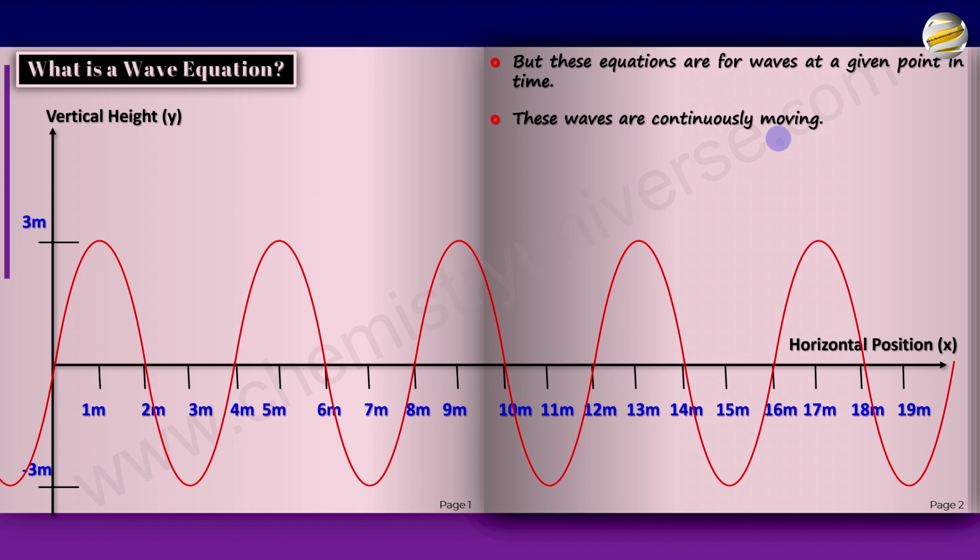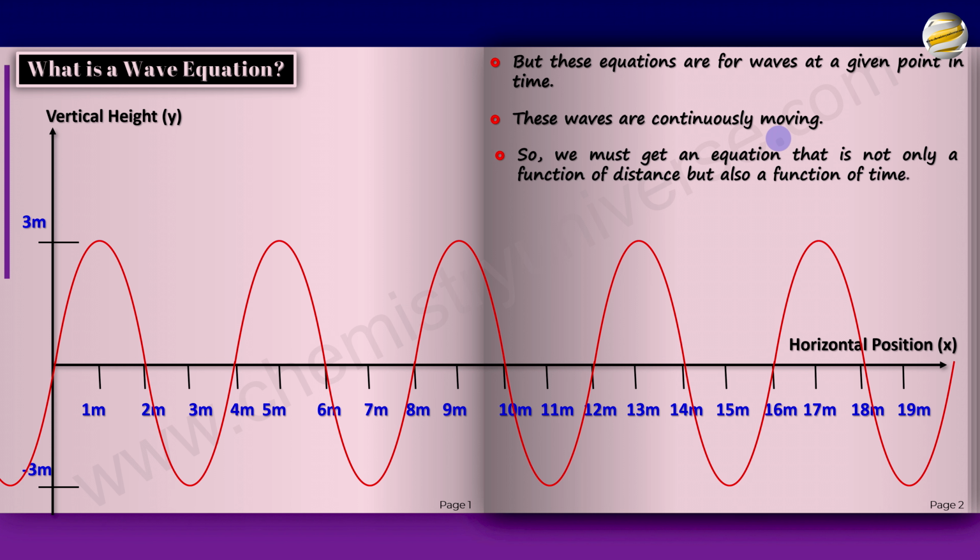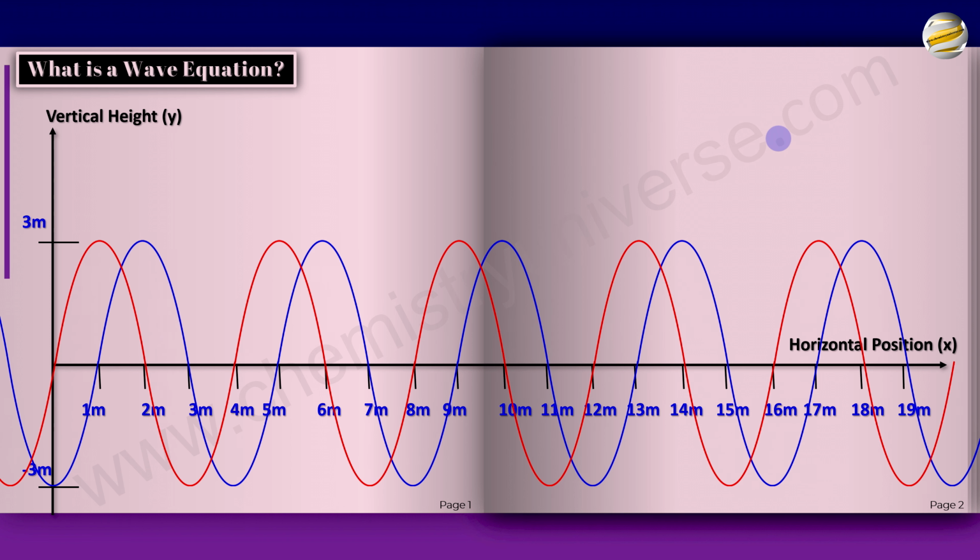In fact, it should be something which should be a function of time. So we must get an equation that is not only a function of the distance, but also a function of time, which means we should get y is equal to a function of x and t. Now let's assume that the graph moved to the right by 1 meter. So here we have the graph moving to the right, the blue wave,